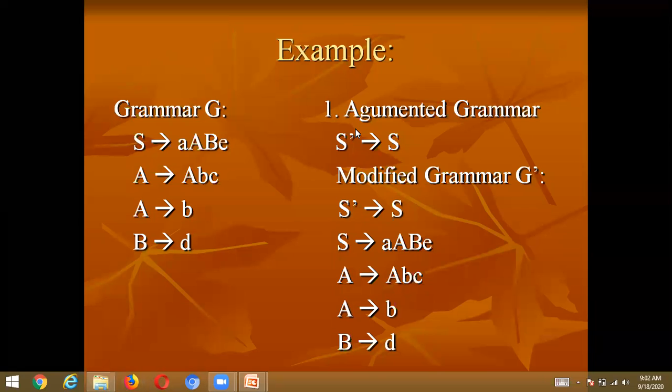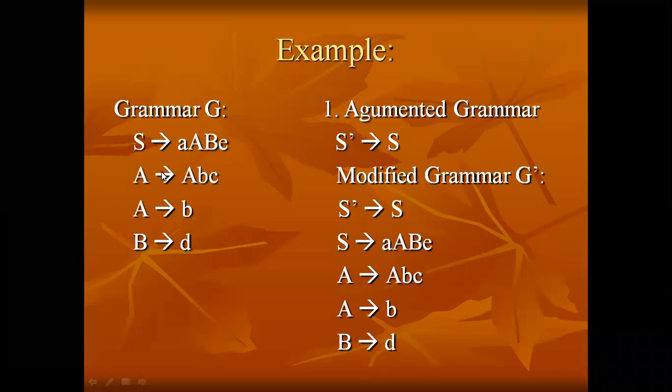And see here, all of you make a note of this grammar, and I shared the slide with you all, where the slide consists of an example with the given grammar. The given grammar is G: S tends to A, A tends to ABC, A tends to B, B tends to D. What it means is the grammar consists of 4 production rules, and here the variables are S, A and B, and the terminals are A, B, C, D, E. A, B, C, D, E are the terminals here, right?